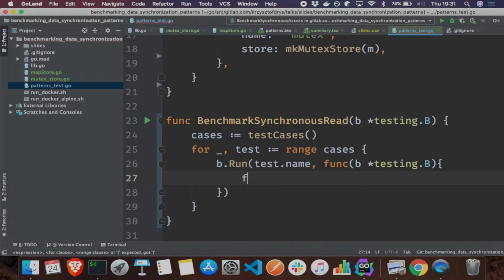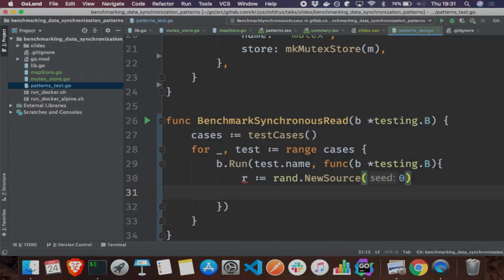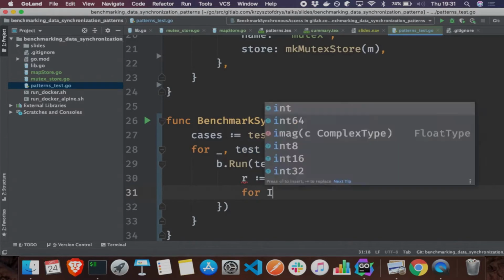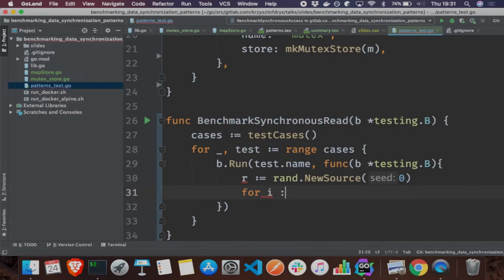So I will do a new random reader, and I will set it to 0 just to have all tests operate on the same data. And now I will do a standard benchmark test. Okay,